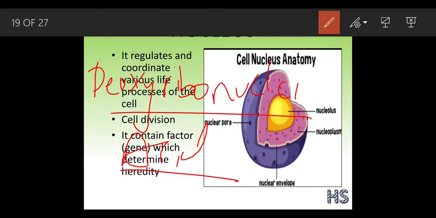What is the function of this DNA? This DNA helps to identify a person. In many criminal cases, if they want to match any fingerprints present at the spot, they identify it by DNA. Even a hair has a particular DNA. With the help of that DNA, they can identify the whole person. So this is the main feature of DNA.